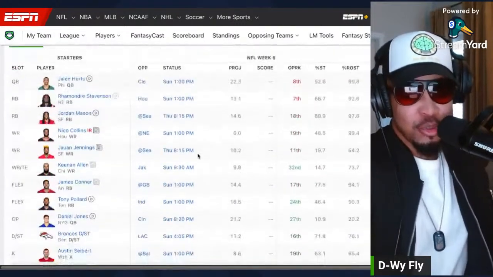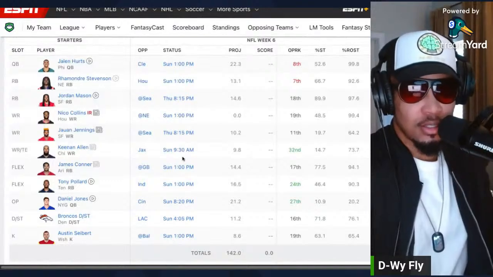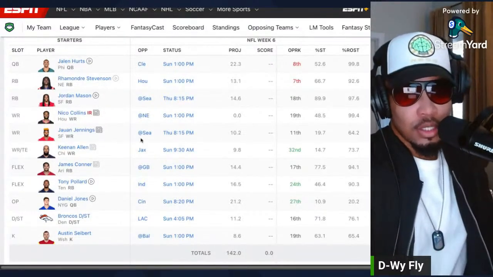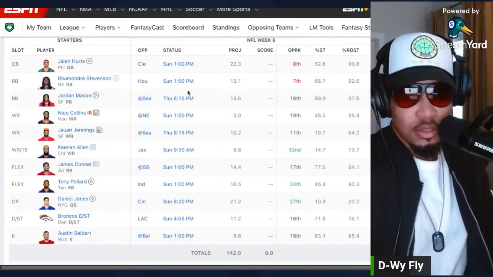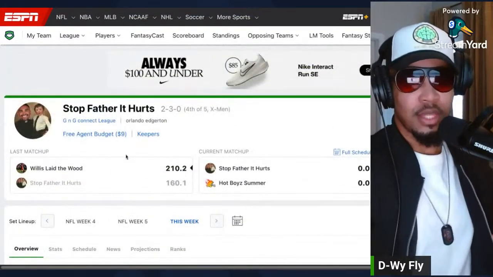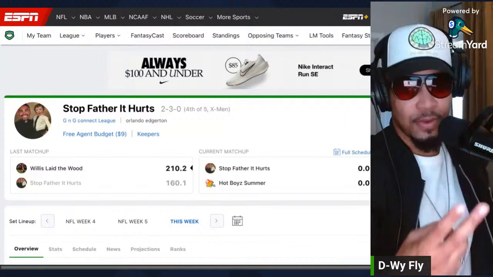He's 3-2. He got Jalen Hurts. I helped build out his team for him. And he won the championship last year. So you're welcome. Ramondre Stevenson, he's been up and down, but he dropped some FAB on him. See, this is one of the players that's aggressive in the league with trades and FAB, right?